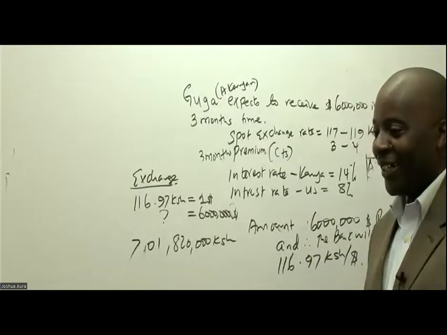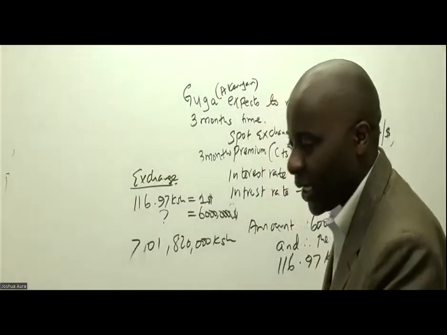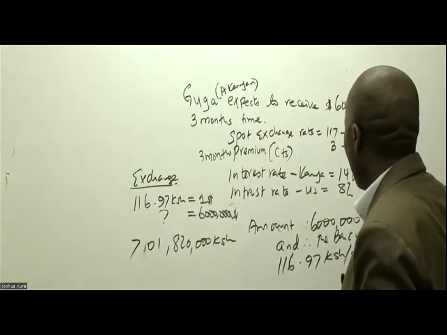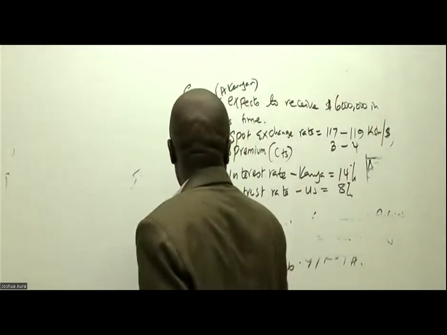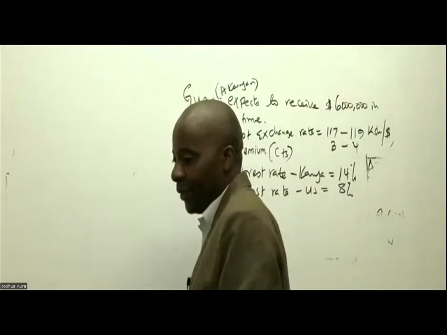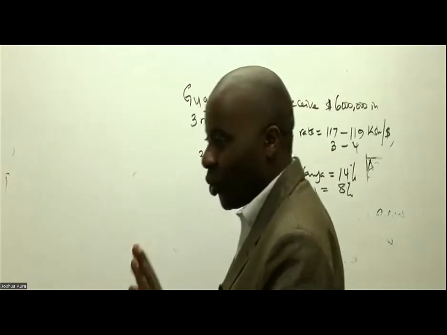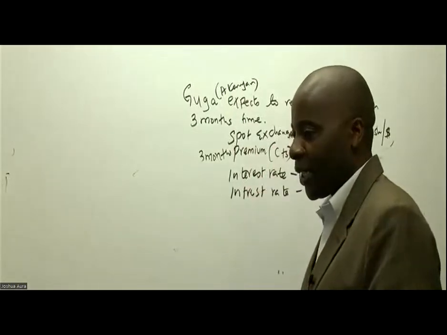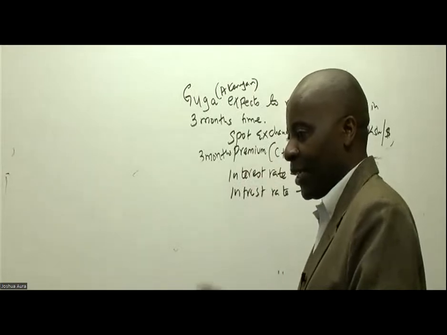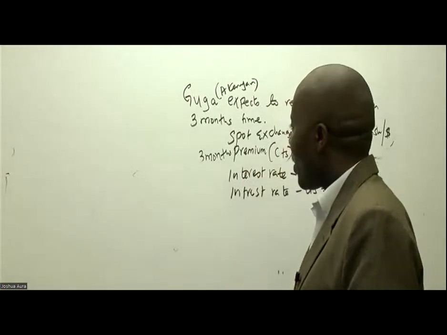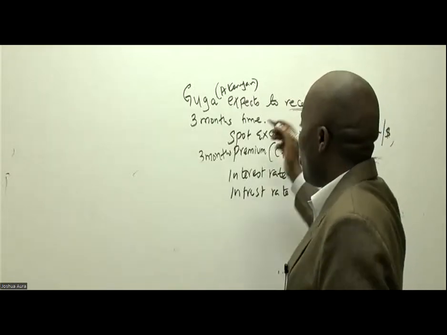Great. In the interest of time, what was the idea? One thing I know, I'm very happy with you guys. You knew straight away the rule to be applied. So the rule here, remember there are two rules. There is the foreign receipt and there is the foreign payment, borrow local. So this one is a foreign receipt because this gentleman is going to receive. So the rule to be used